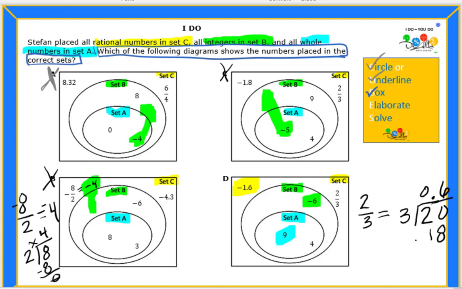And 6 times 3 is 18. I have 2, so I'm going to add another 0. Look at that. It looks like it is repeating. So this is a repeating decimal, and a repeating or terminating decimal is a rational number. So 2/3 is a rational number. So every single number is correct. The question, which of the following diagrams shows the numbers placed in the correct sets? The answer is